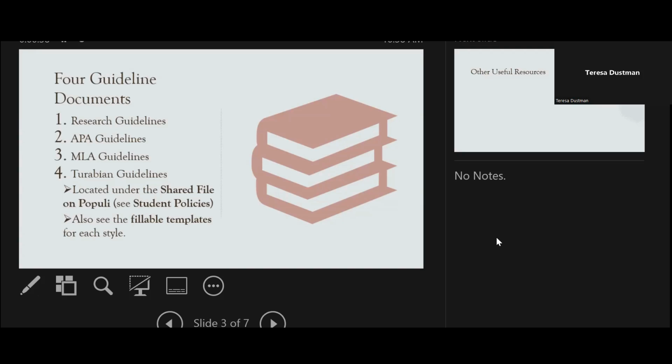I put in some templates that are just to help students format their papers correctly. So there are 2 templates for APA, 2 for MLA, and 2 for Turabian. And the reason why I put 2 for each is I personally use Arial font, but many also use Times New Roman. So I just did 2 templates, 1 for each. I use Arial just because it's easier to view on Populate. Most guidelines give you flexibility to do that. So those are tools you can use.